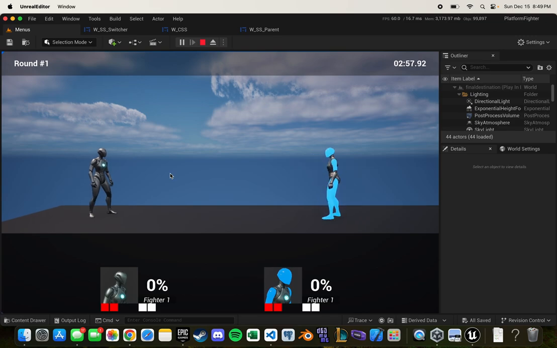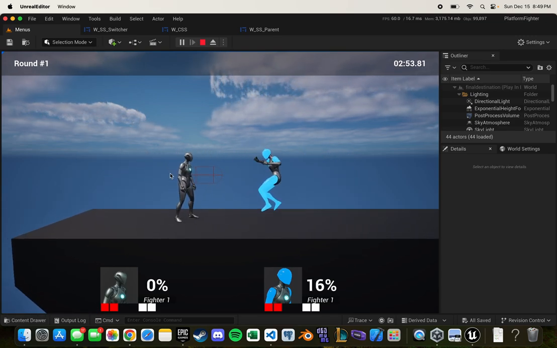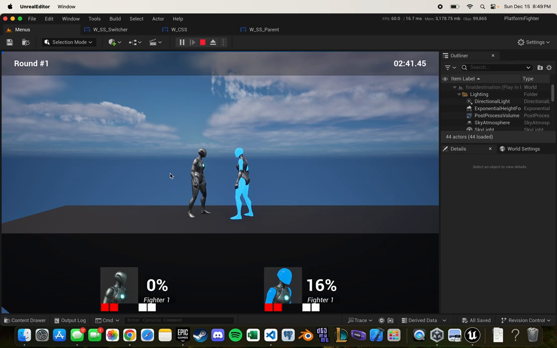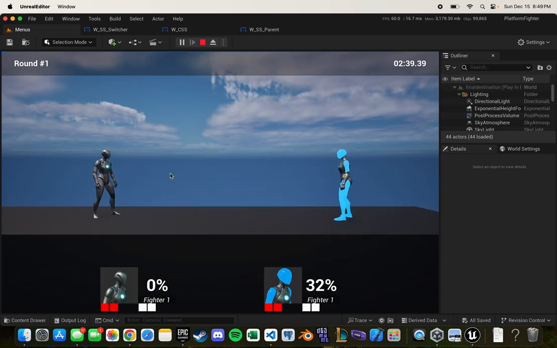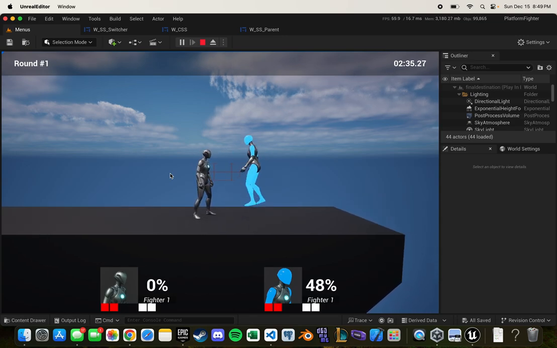Okay, so we're on this stage now. The timer is up. Let me switch controllers and I can do a little damage. In platform fighters, the damage is held in these percents down here. The more damage you have on you, the more knockback you'll receive. So that's a lot more knockback than before. And when I knock this guy off stage,